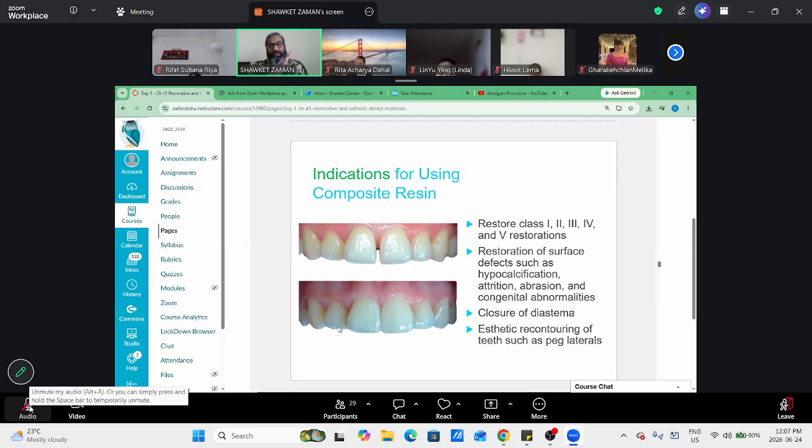But in the case of composite, it can go anywhere, anterior or posterior. It doesn't matter, there is no big difficulty or problem. That's why I say restorations for any tooth. Restoration of surface defects such as hypocalcifications, attritions, abrasions, and congenital abnormalities, such as if the patient is suffering from any kind of developmental disorders, such as amelogenesis imperfecta, dentinogenesis imperfecta, or any kind of enamel hypocalcifications, we can apply this